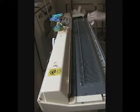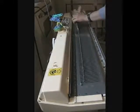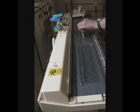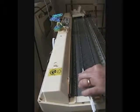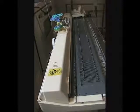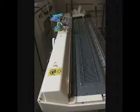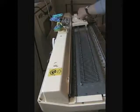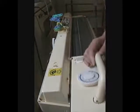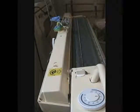So you bring all your needles to B position, then you take your needle selector and you pull every other needle on the bed out to E position. Now, have your carriage set for your main tension for your waste yarn. Push in the left part button and knit 1 row. What this does is it's knitting every other needle. Hang a clothespin on your tail,